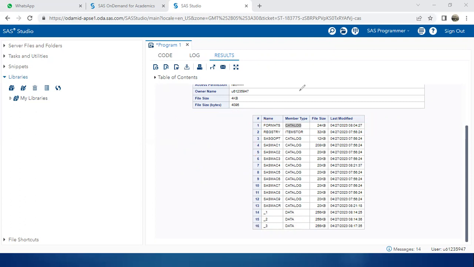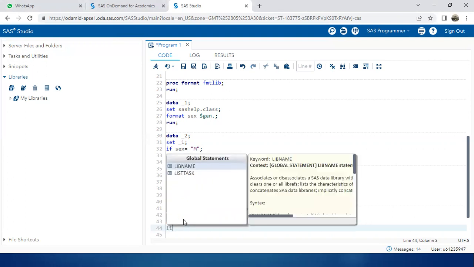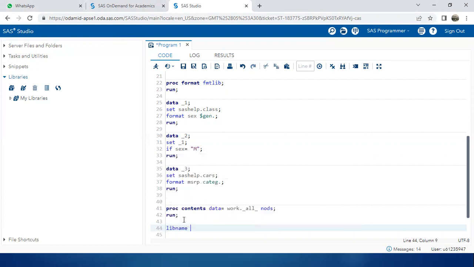Now, if you want to store the format permanently, how will you do that? Let us do it. First I will create a library reference with the help of the libname statement. I will write here libname, and suppose I am creating the library reference here,